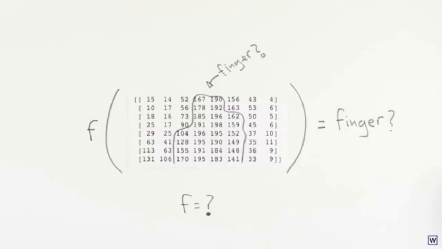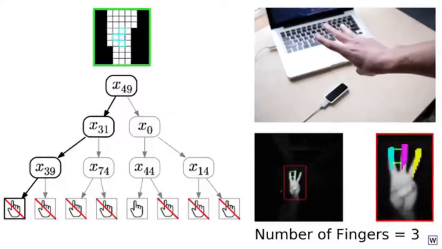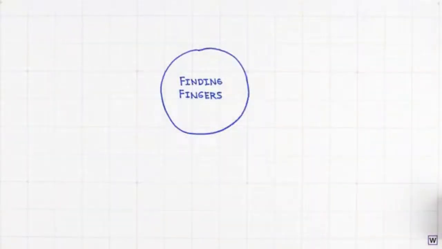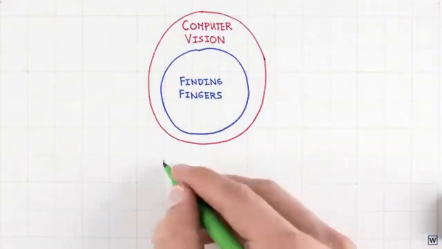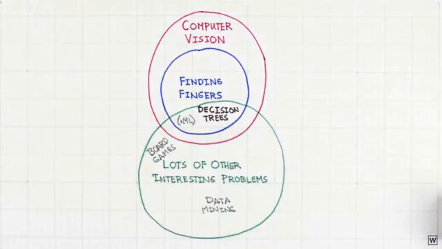In this series, we'll answer these questions and ultimately build a robust solution, a decision tree. A lot has changed in the 50 years since Minsky and Sussman set out to solve problems like this. One particularly interesting shift is the discovery that many of the things that make our problem hard also make lots and lots of other interesting problems hard too. These intersections mean that the approach we'll use to build our decision tree applies far beyond finding fingers in images. Today, decision trees can play chess, detect car crashes, diagnose disease, predict heart attacks, detect credit card fraud, reveal hidden structure in data, and do lots and lots of other useful things, all with a single algorithm. Next time,